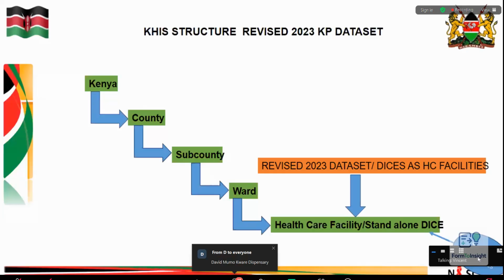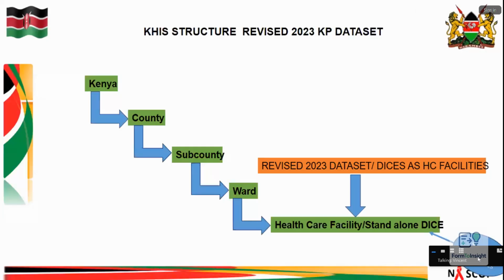Then these hotspots are supposed to be aggregated into a standalone healthcare facility or a standalone DICE. So we remember here now, it's a requirement for KP data to be reported. Then you need to align to this, so that in sub-counties where this DICE is not physically located, it means that they have to choose a facility, a healthcare facility, MOH or government facility, where they need to migrate